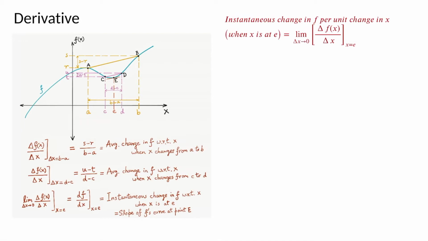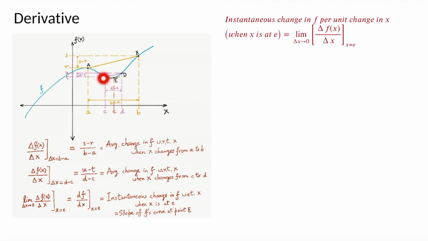So from A we look at this point C now, and from B we move leftwards towards E and look at this point D. So instead of A to B, look at the increment on the x-axis from C to D. So here we have come closer to the point E, and we are looking at these points capital C and capital D now on the curve.